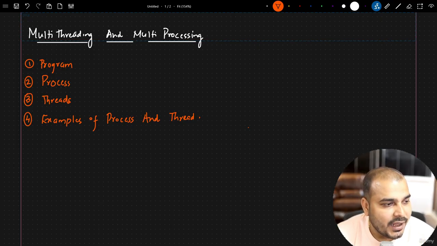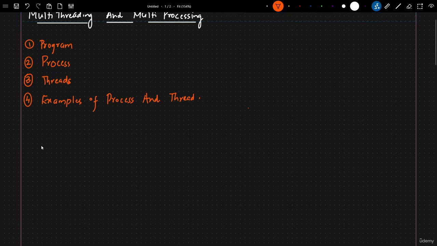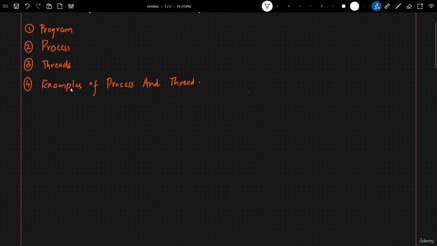So let us go ahead, and here what I'm actually going to do is, first of all, give you a basic definition of a program. So what exactly is a program? Till now you have written so many different kinds of code and scripts, and you have used Jupyter Notebook, but if I really want to give a specific definition for a program, it is nothing but a sequence of instructions